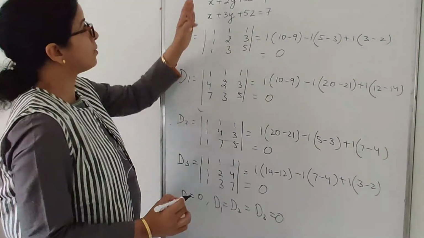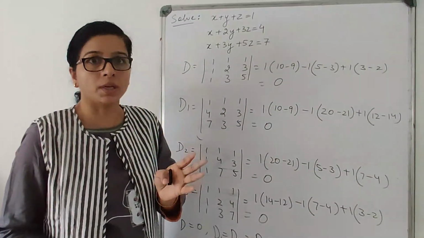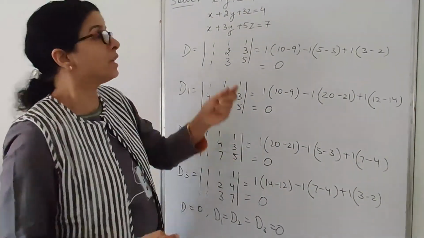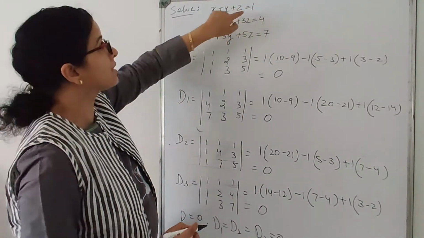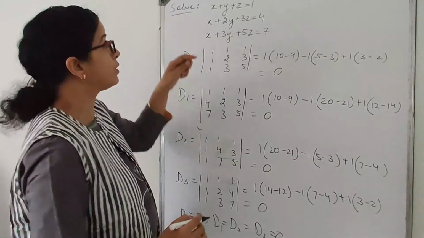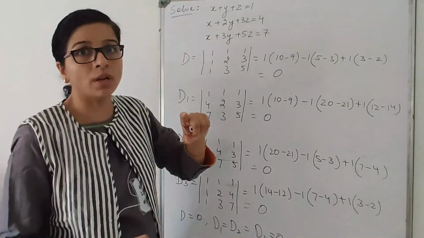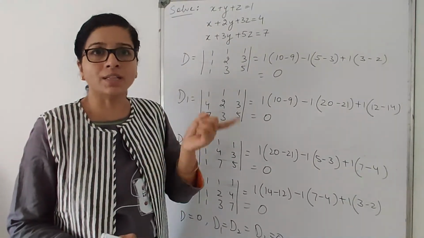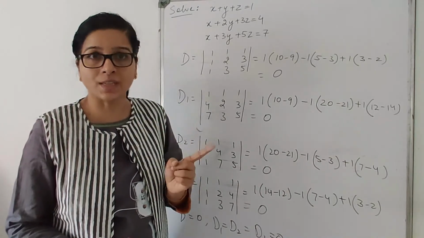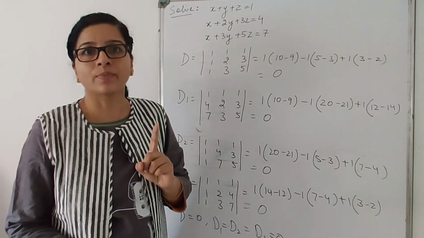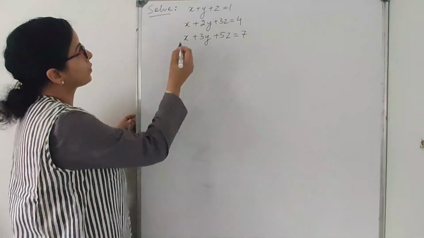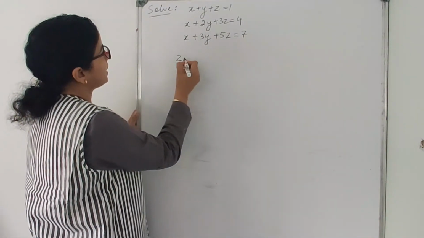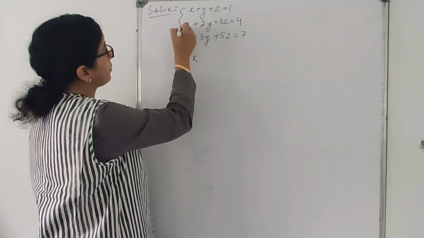Now the system of equations may be consistent, may not be consistent. Now how to proceed for that? So I will move z to the other side and I will consider z as some k. And I will solve the other two equations using Cramer's rule. And once I get the values of x and y, I will substitute in the third. If the third equation is satisfied, then it will be consistent. If not, then inconsistent. So now further what we are going to do, we will take z is equal to k and we will solve the first two equations.